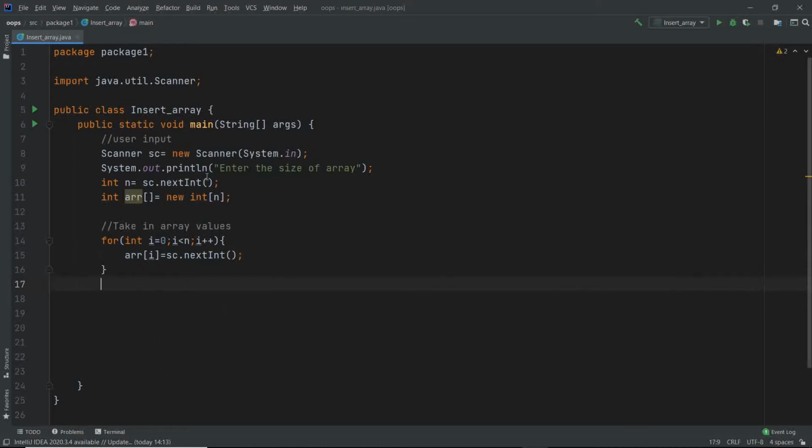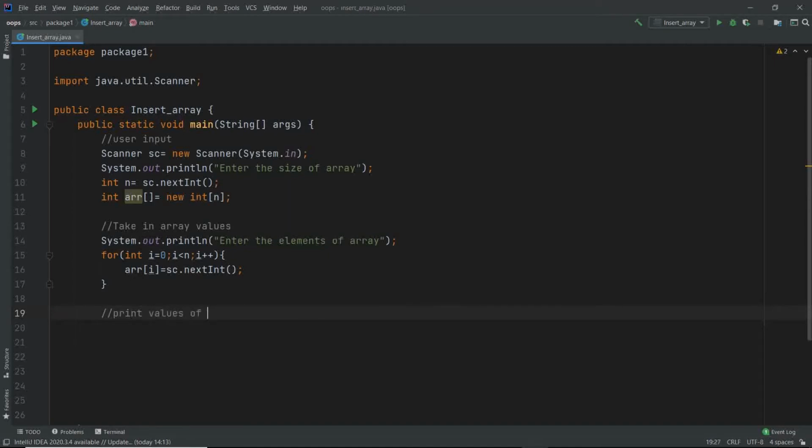Here we give the size of the array, then immediately we are taking in the values. Wait, let me also put a print message here so that it would be much clearer. So I would say enter the elements of array. Alright, till here this is fine. And the next thing which we have to do is print all the values.